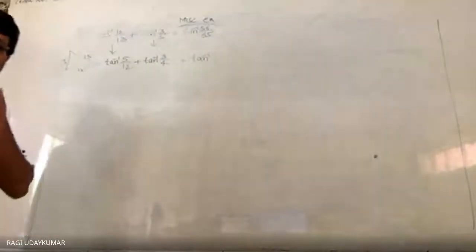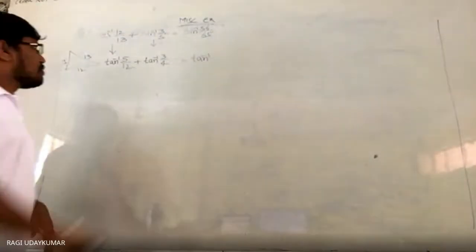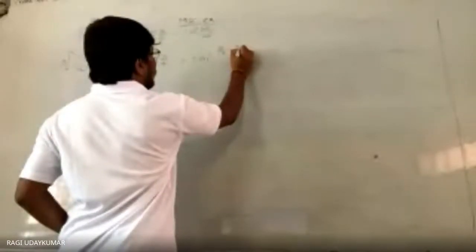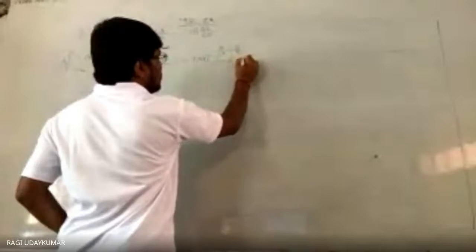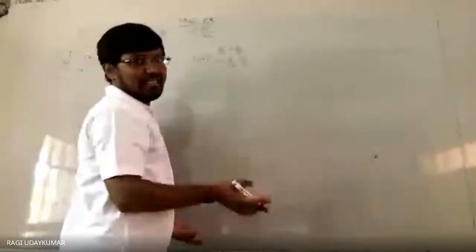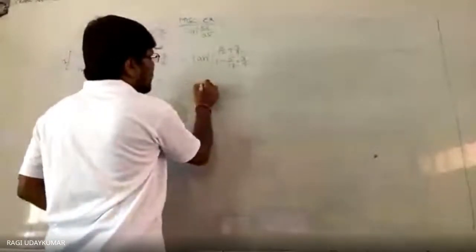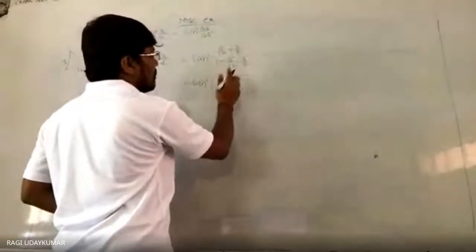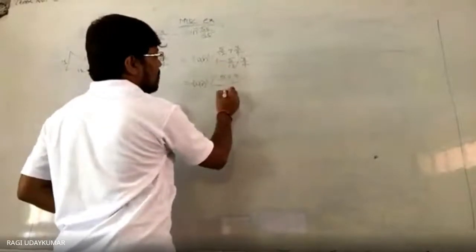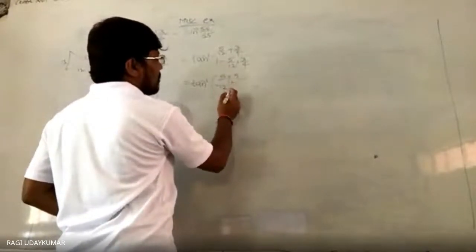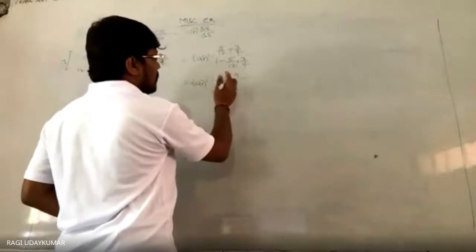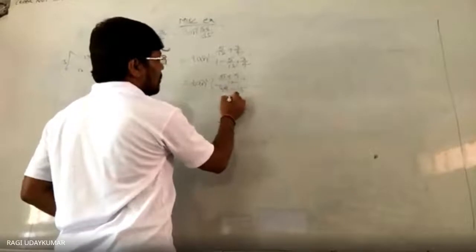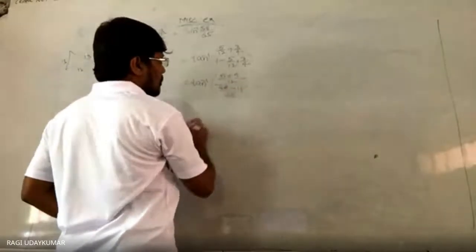Both are less than 1. If you take the product of both, it will be less than 1. So tan inverse of 5/12 plus 3/4 by 1 minus 5/12 into 3/4, that is x plus y by 1 minus xy. So what do you get here? Tan inverse of, 12 and 4, LCM is 12, 5 plus 9 by 12, minus 12 fours are 48, 48 minus 15 by 48.